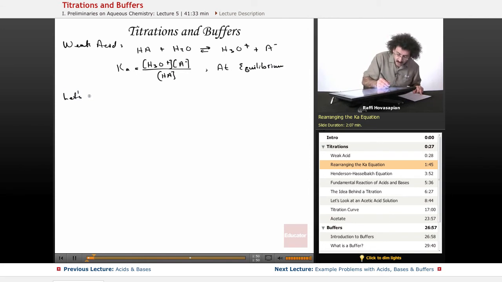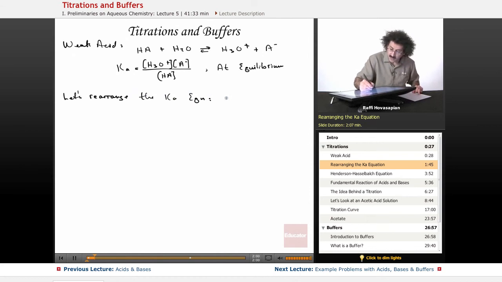So let's rearrange the Ka equation and write it like this. And let me also remind you that H3O plus is equivalent to H plus. It's just another way of writing it. So I'm going to use H plus instead of the H3O plus. So when I rearrange this to solve for the hydronium ion concentration, or the H plus, I move this over here and I move this down here, I get the following. I get the concentration of H plus is equal to Ka,